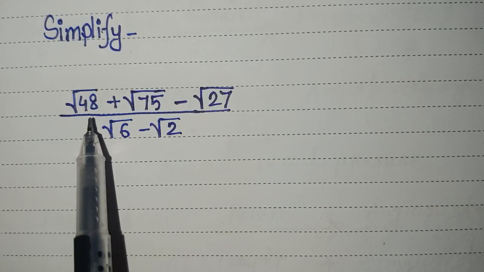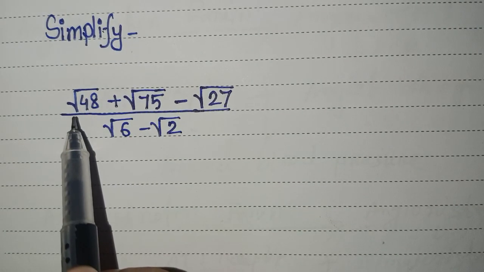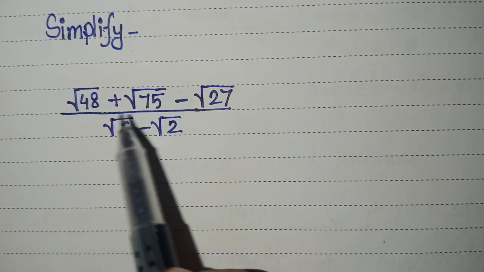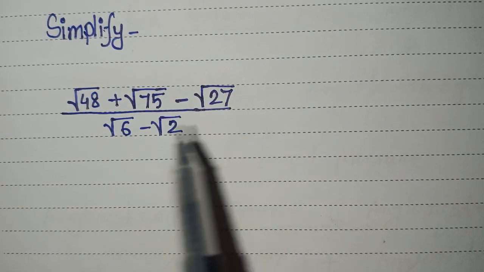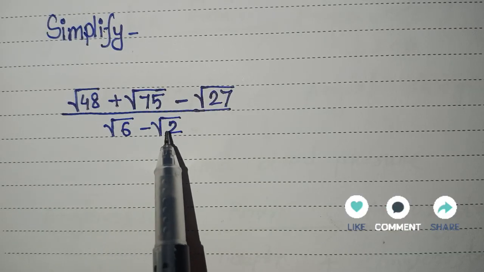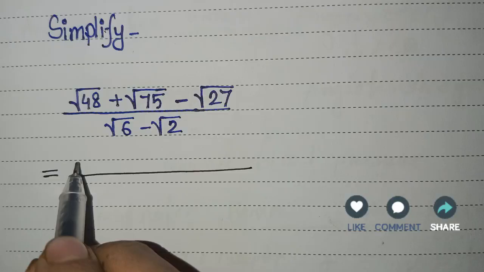Simplify this root square puzzle in an easy and simple way. Given root of 48 plus root of 75 minus root of 27 all over root of 6 minus root of 2. We can break down root of 48 into